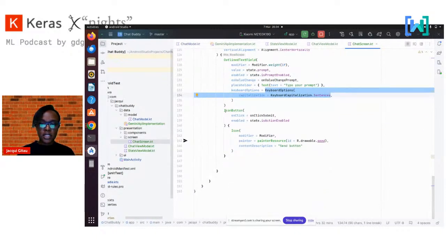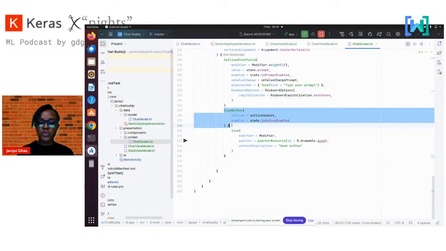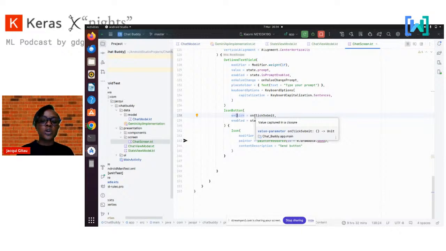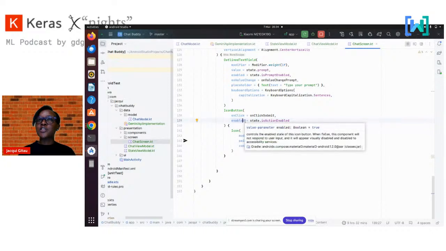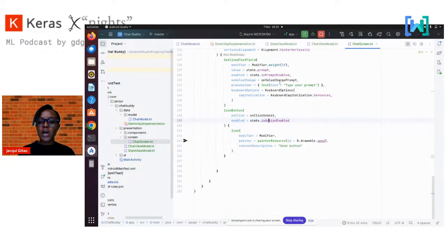And then here there's the icon button, which listens to a click operation. That is after you've added the input, or the prompt that you wanted to send to the model so that it can give you a response. The icon button will be enabled once you start